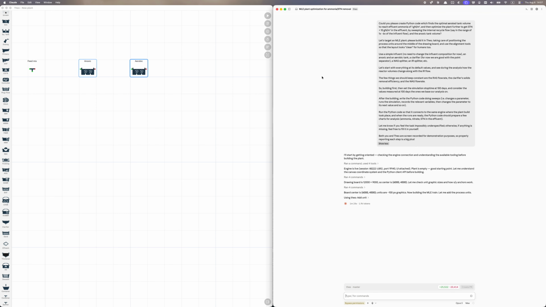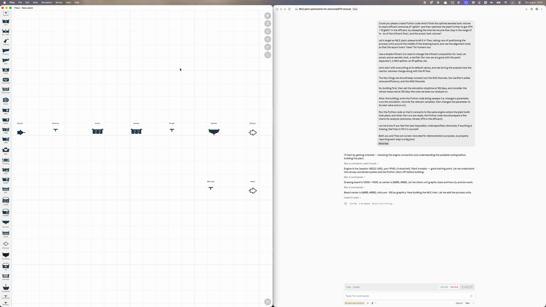And what we ask our model to do is actually build the whole plant automatically, come up with some code which can do the parameter sweeps completely autonomously, and then, of course, show us the sizing results and eventually show us the code. This is not the first time I see this, but this is still my favorite part,